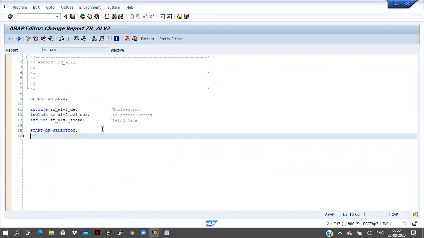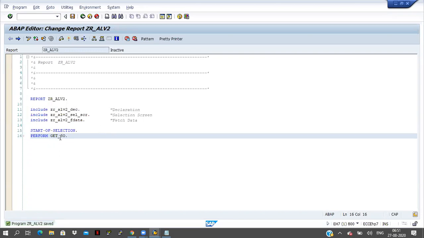Now I am going for perform get_VBAK, or get sales order information. Okay, get sales order information.